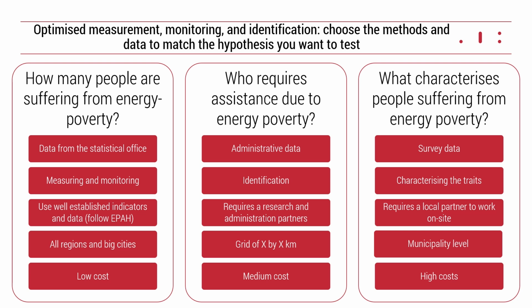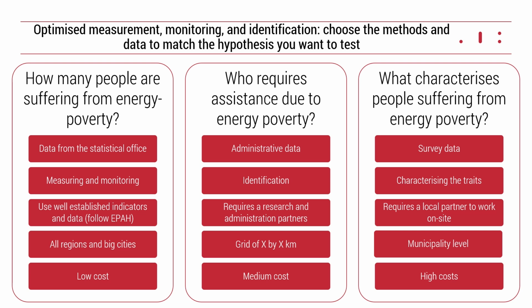Basically, you should follow the well-established methods and indicators, and use the data that is suggested by, for example, the Energy Poverty Advisory Hub. So this is probably the best idea. They have spent a lot of energy and effort on evaluating the indicators. So basically, you can follow their work and experience, and you don't have to do it on your own. And basically, your task will be in matching the indicators to the data that is available in your